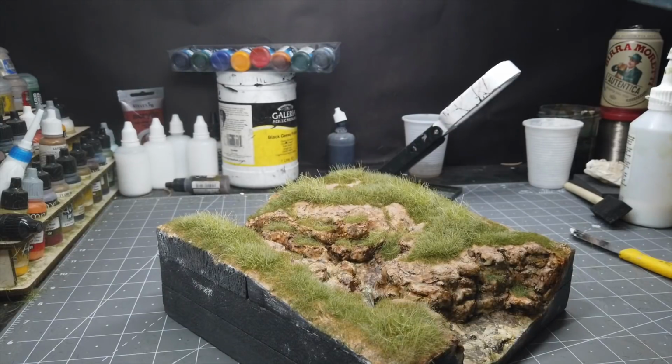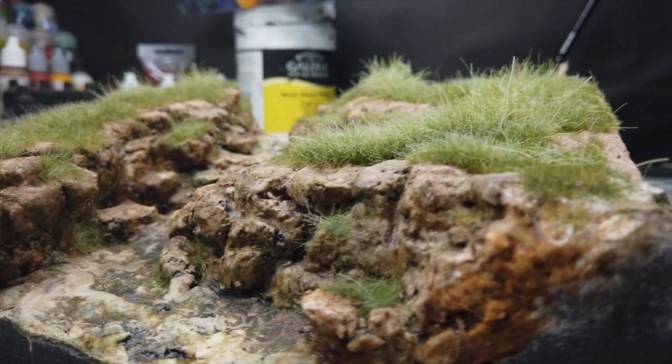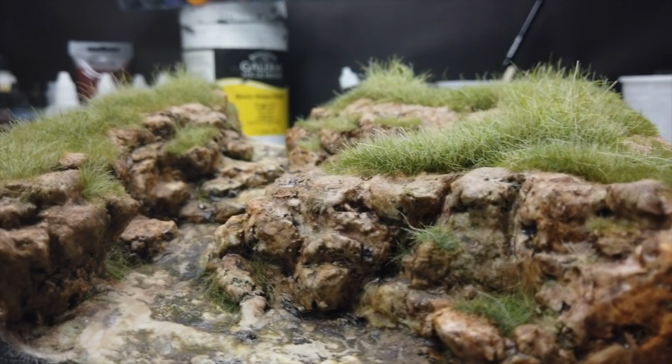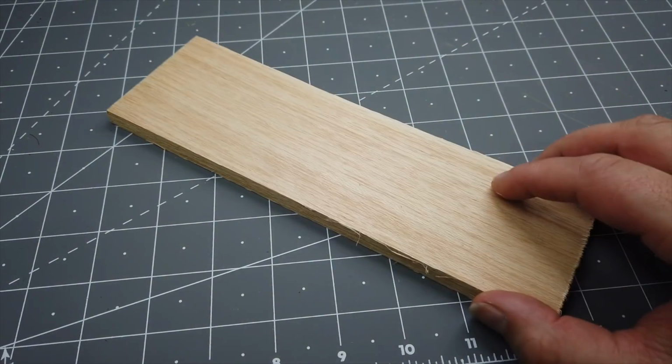Give everything a dusting with more of the sealer just to lock it in place. And just look at that. Perfect static grass. So that was the base layer done, and now it was time to move on to the